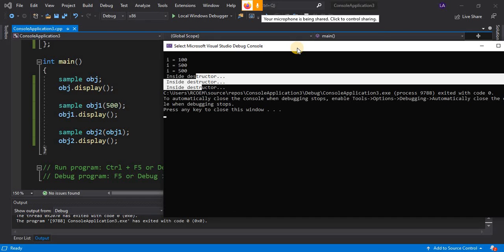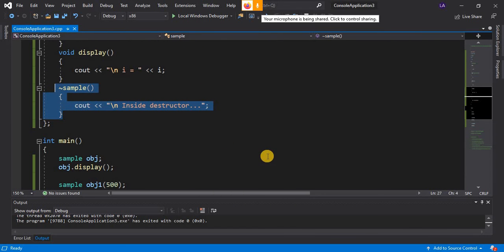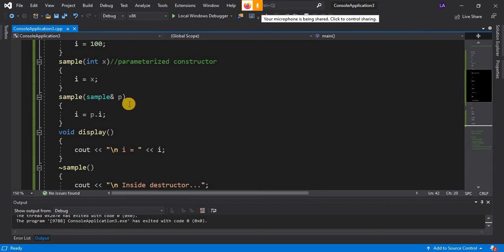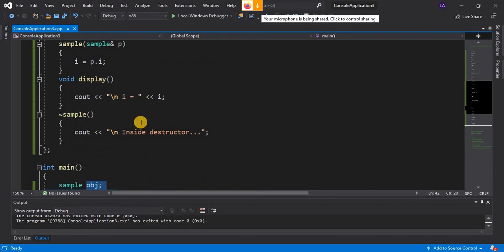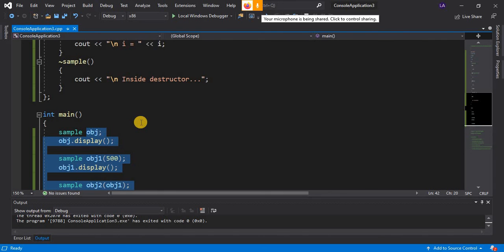Here in this example, one interesting thing that you have noted is that one simple destructor function gets called for all kinds of constructors that we have created with different definitions. So by this we can conclude that destructors need not be overloaded.